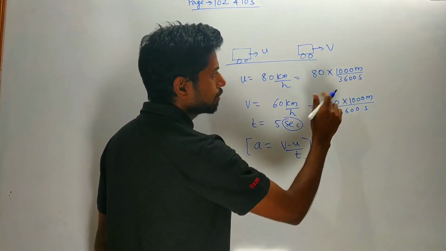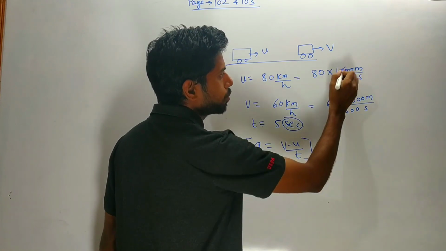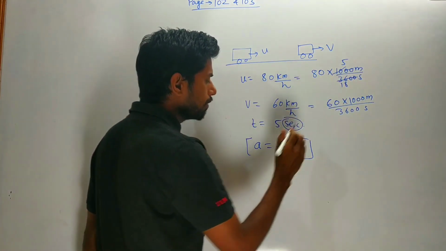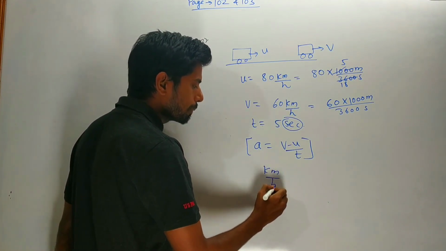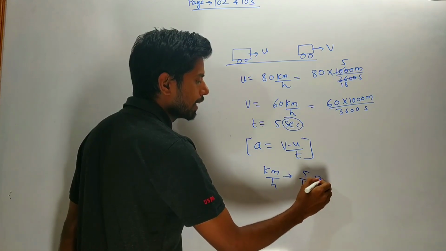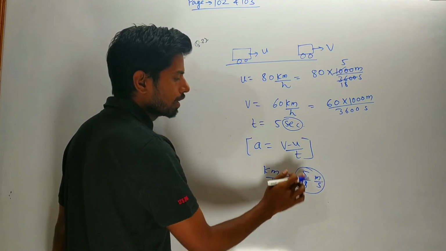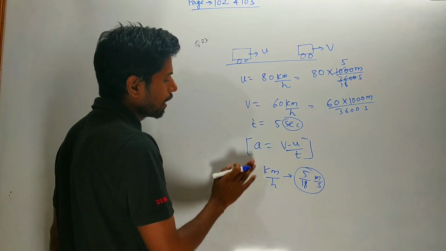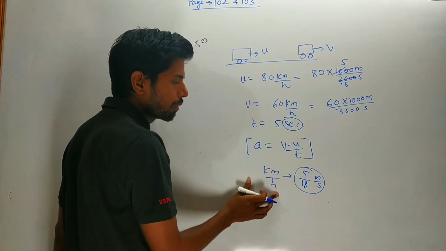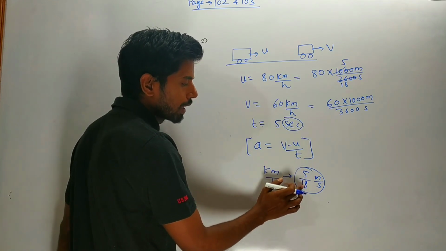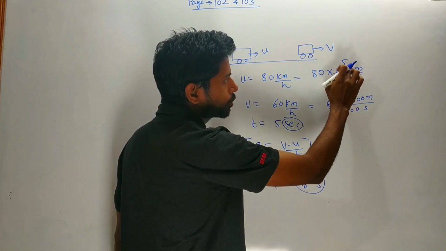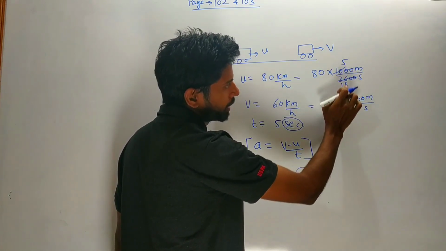So directly you see one thing, here 20 will cancel, 2 5s are 10, 2 8s are 16. So whenever you have to convert kilometer per hour into meter per second, you directly do one thing, you just multiply by the 5 by 18 term. It will directly convert into meter per second. This is the constant term we have to multiply for converting any physical quantity having unit kilometer per hour into meter per second. Directly you have to multiply with 5 by 18. Here also you see, this 20 will cancel, 2 5s are 10, 2 8s are 16, meaning directly